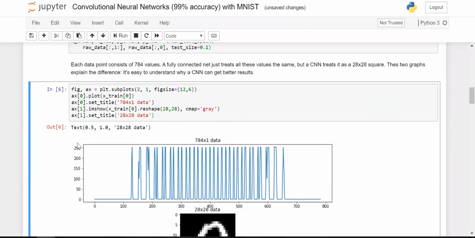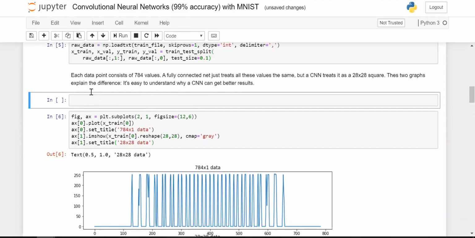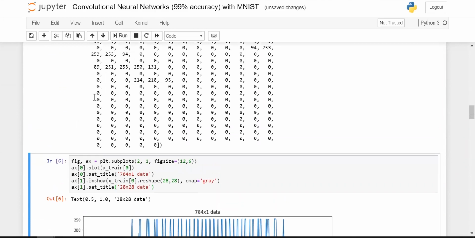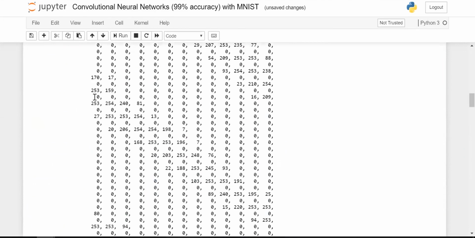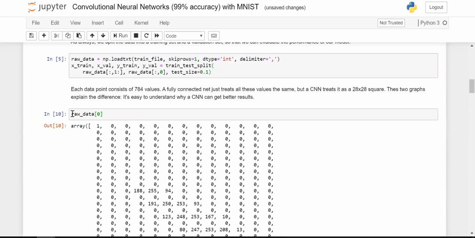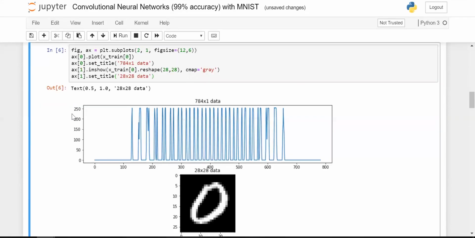First thing is, the images are one-dimensional each because they're in a CSV file. The CSV file is defined as X train and X test. I'll just show the raw data. This is the single-dimensional NumPy array representing the image of the shape 1, 784. Let us first visualize this as a single line graph, and then move on to reshaping it to the dimension 28 by 28.